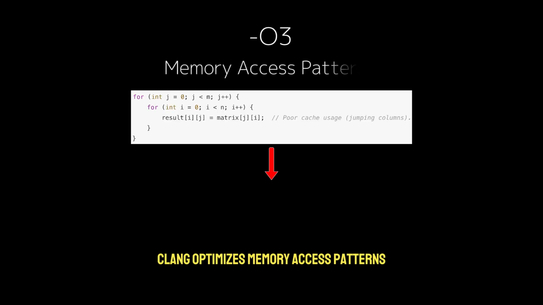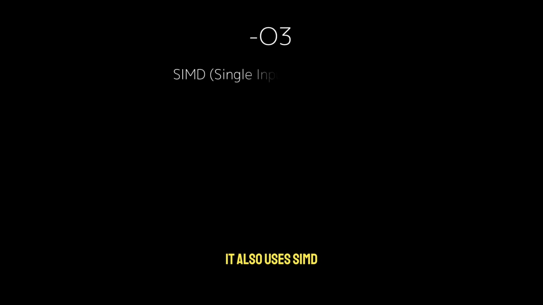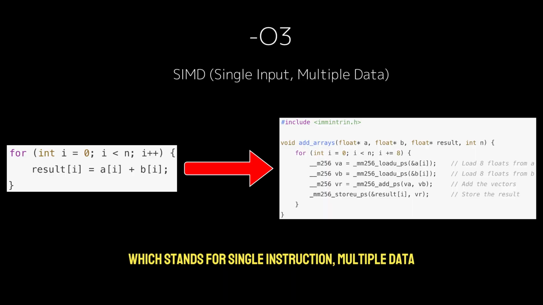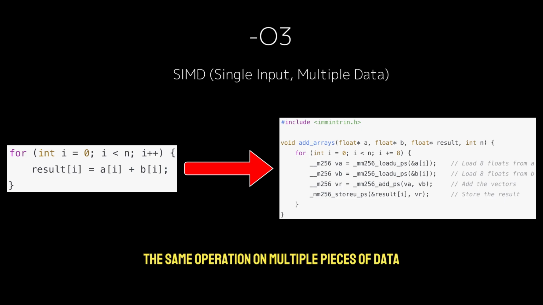Clang optimizes memory access patterns, so how your program accesses data in memory, so it can better utilize the CPU cache and reduce wait times. It also uses SIMD, which stands for Single Instruction Multiple Data. SIMD allows the CPU to perform the same operation on multiple pieces of data at once, speeding up tasks like